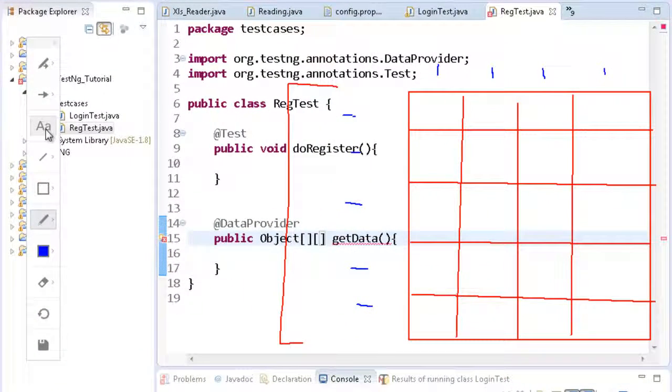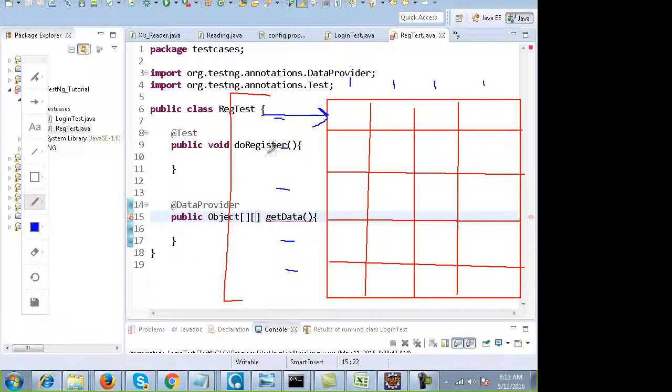In the first row you can have the data for the first registration test. In the second row you can have the data, like an Excel file, for the second registration test. Then the third row, the fourth row and the fifth row.